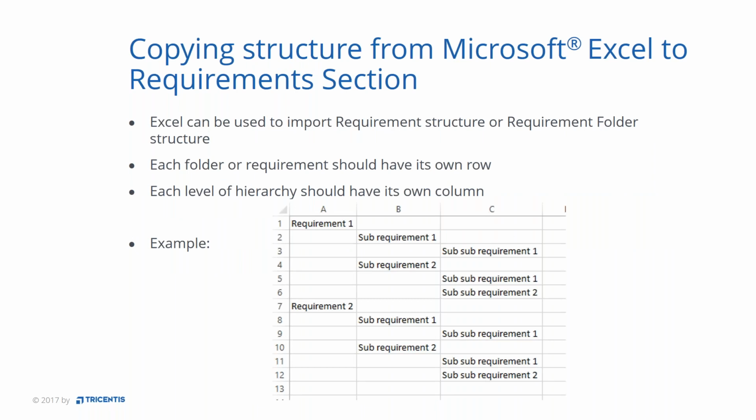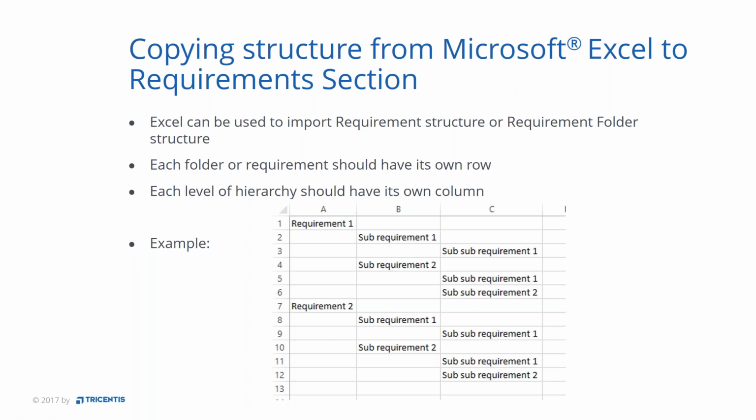Okay, so that's pretty basic. The next topic is copying the structure from Microsoft Excel to the requirements section. So this is a similar concept that you have in Excel, the highest level requirements. So that's sort of like the heading 1 in the Word document. Then you have the next level requirements, which would be like heading 2 in the Word document, and then any